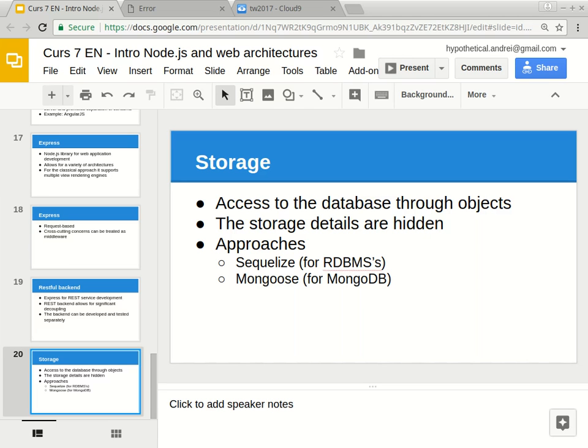Now, the discussion is relevant for Node because there's a database, a NoSQL database, which actually has an interface in JavaScript and stores stuff in JavaScript-like structures. And this makes it a really good candidate for storing the data I need to manipulate in Node. And I'm going to give you just some examples for this. We're not going to do either our projects or our courses in this because there are a lot of relational databases. But I'm going to give you some examples at least for how things would be done in Mongoose, which is the way Node would store data over MongoDB. By the way, MongoDB is a really interesting thing. If you haven't played around with MongoDB,